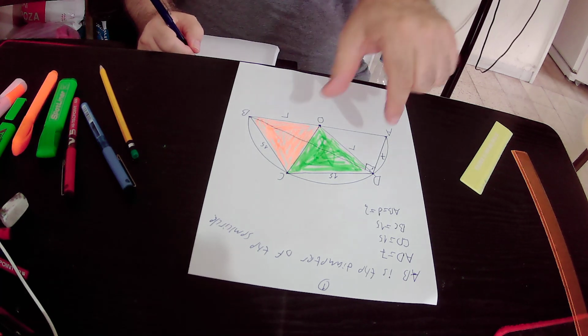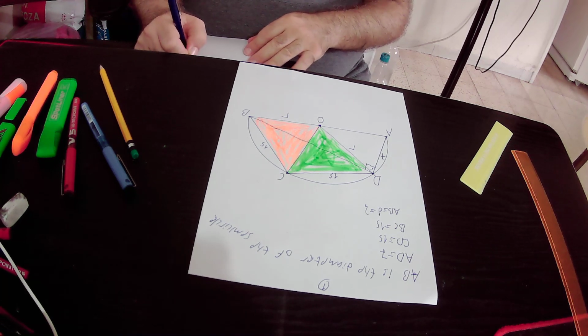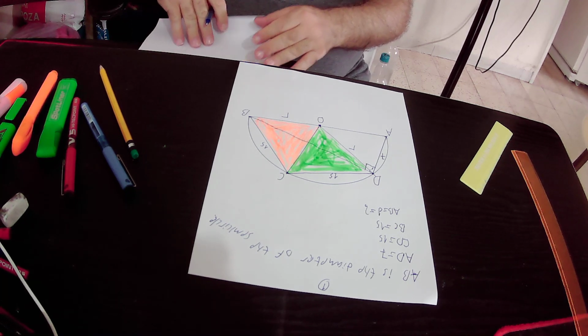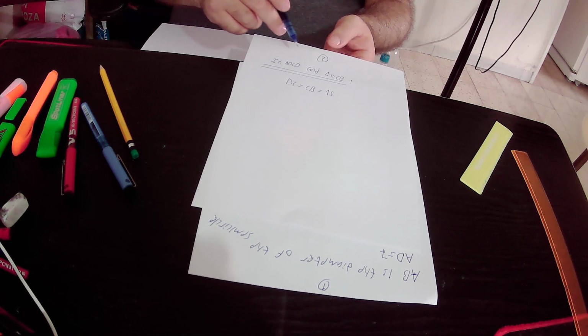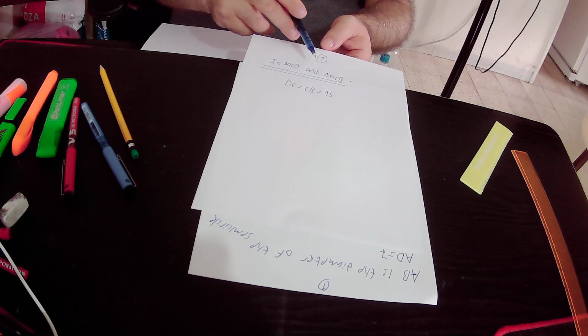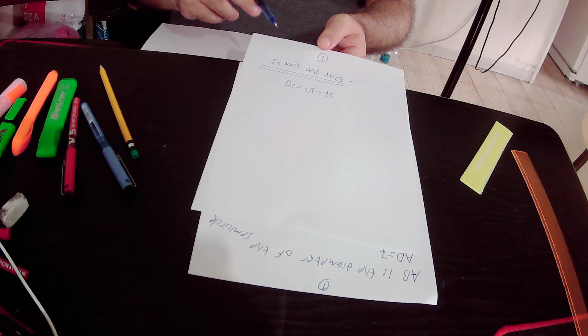Both of those two sides are equal to 15 units according to what is given in the question. So side DC of the green triangle equals side CB of the orange triangle, and both of those sides are equal to 15 units,